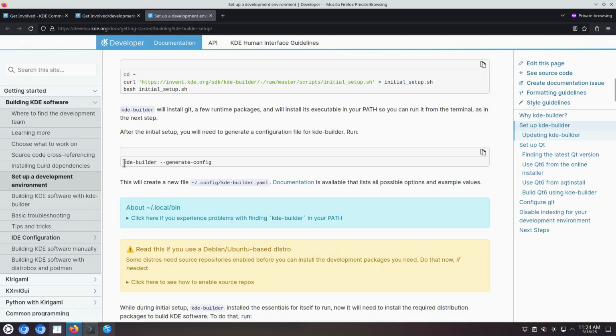Then you need to run generate config, which will create the configuration file /config/kde-builder.yaml. In this file, I have edited just one line where the default CMake build configuration was rel with debinfo. I have changed that to be debug. That's an advanced thing